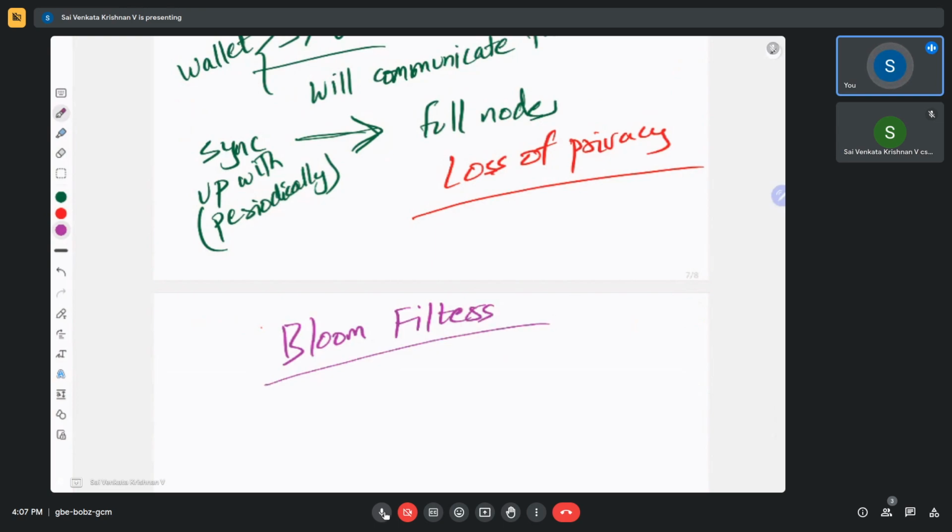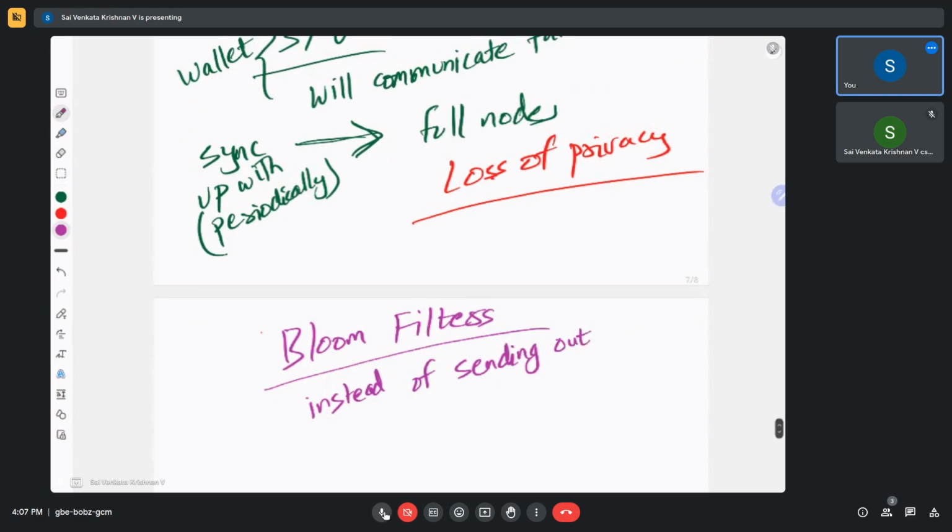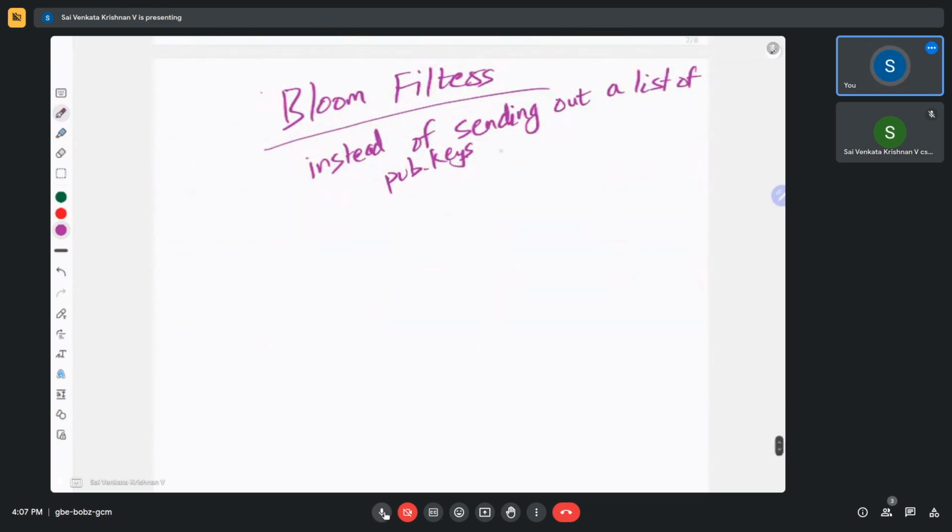So what you can do is, instead of sending out a list of public keys to the full node, the SPV node can create something like a bloom filter,